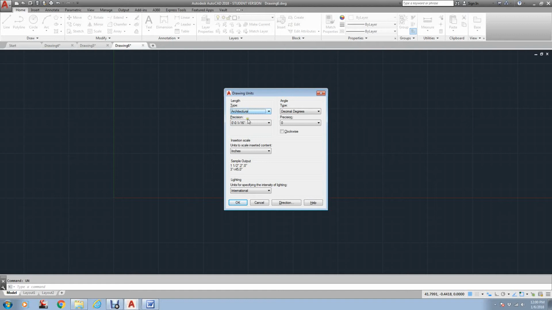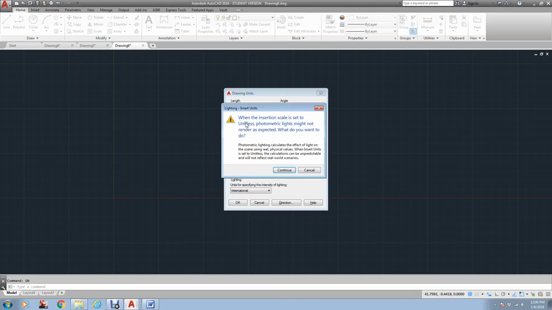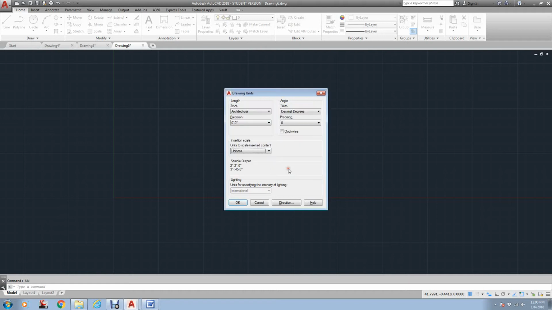Once you pick that, you can pick the precision that you want it to show. When you get information, we'll just go with feet and inches. And insertion scale, I would prefer that you go ahead and set that to unitless. Don't worry about this. We don't do any photometrics. You can change this architectural, hit OK, or go to decimal, and you can have it to no decimal